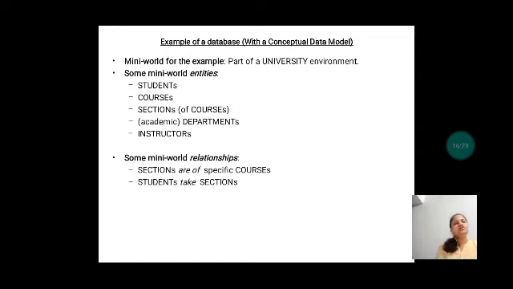Now, student and sections. What is the relationship between the student entity and the sections entity? It is nothing but students take sections. Of course, when you are in a university, you have to take admission and take one section, so that you can attend the classes. So students take sections. Take is a relationship between student and sections.